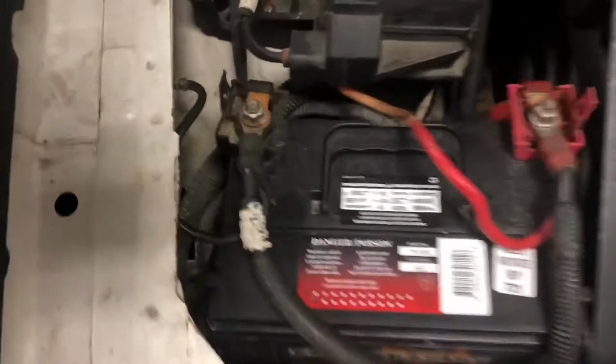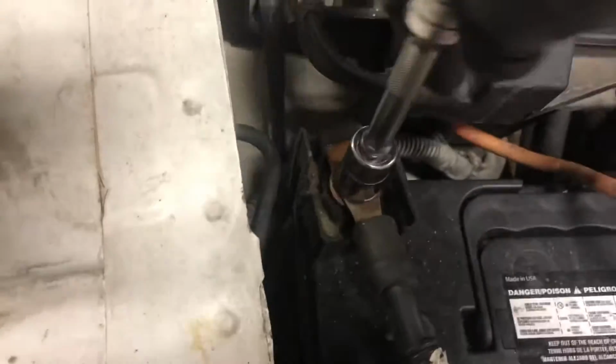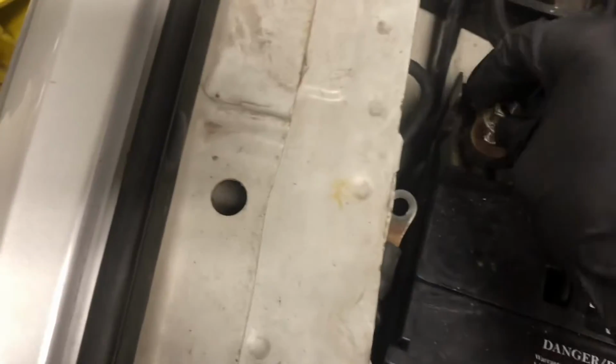First thing you want to do is disconnect the negative terminal on the battery, because you're going to have your door open for a long period of time and you don't want to kill the battery. So for this battery, we're going to need a 15mm socket, and we're going to go ahead and disconnect it. Once you've got it disconnected, just shove it aside so you've got no power going to the car. And then you can go ahead and start